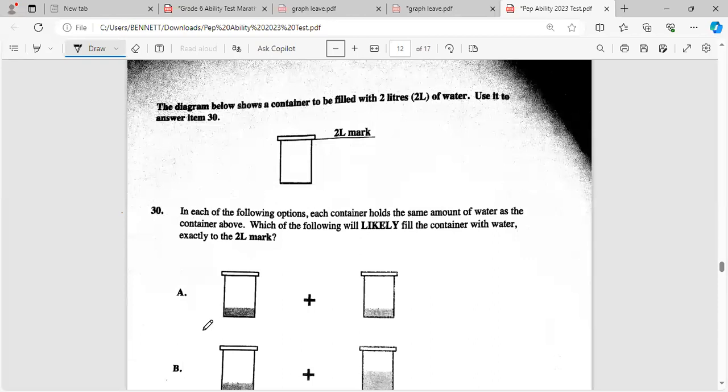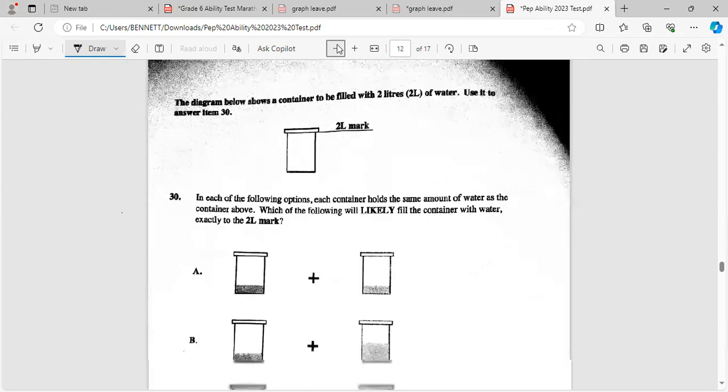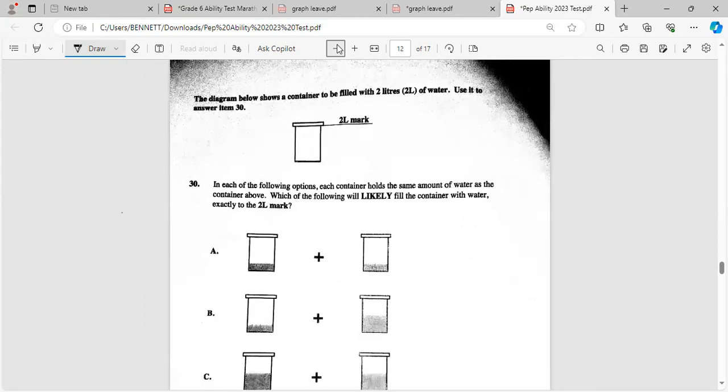The diagram below shows a container to be filled with 2 liters of water. Use it to answer item 30. In each of the following options, each container holds the same amount of water as the container above. Which of the following will likely fill the container with water exactly to